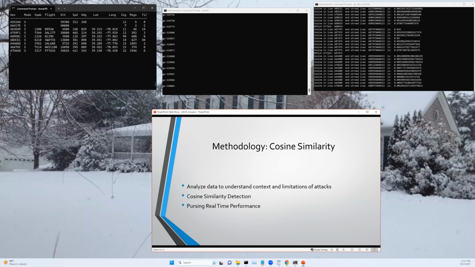In our case, the single 56-bit hexadecimal message, and that's essentially a 14-character word since there's 4 bits per hex character, is our word. So the 56-bit hex message is our word, and the set of messages for a specific aircraft is our document. We will get incoming messages for every aircraft currently in the traffic space, and we want to compare the set of messages from an aircraft with what is in store.